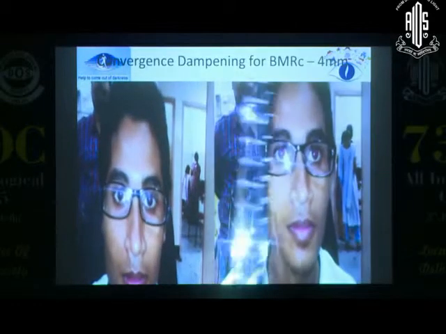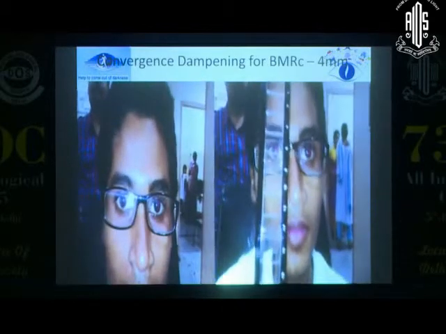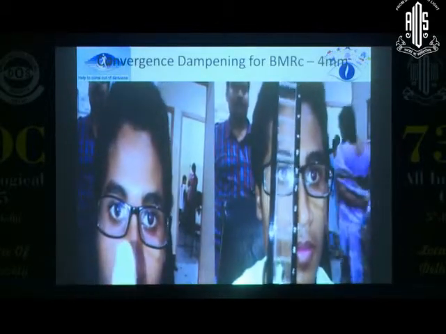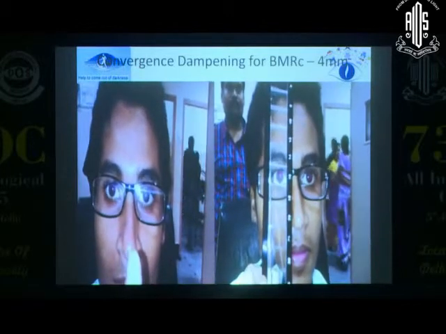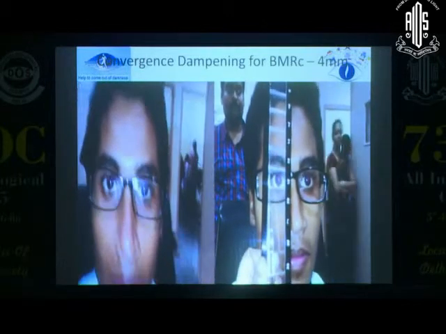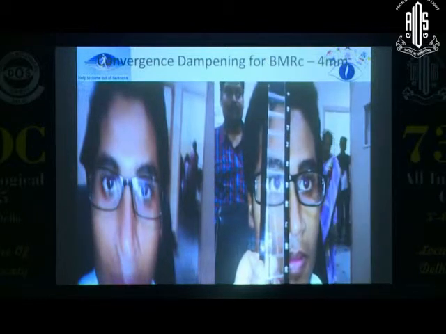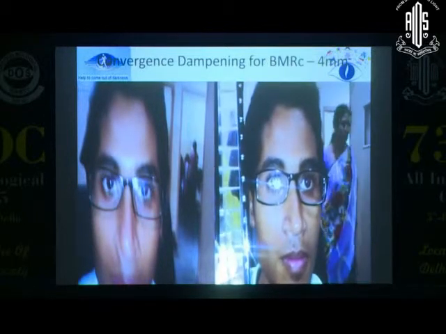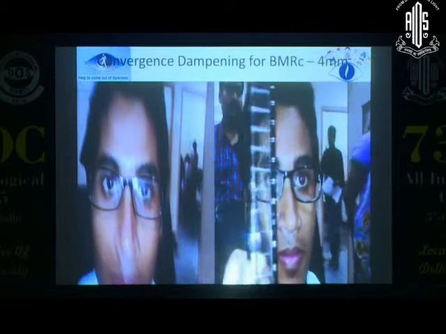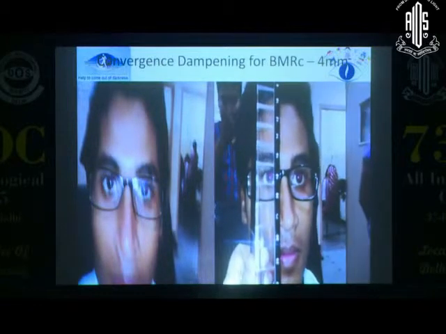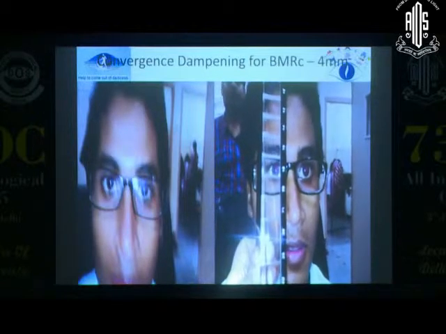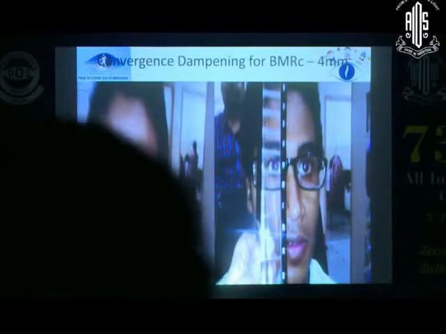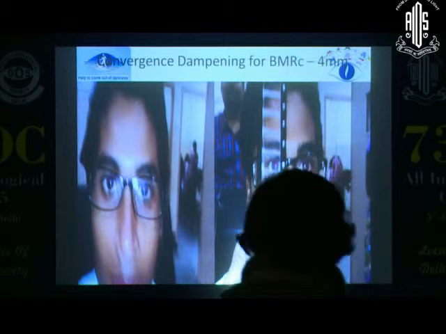This was the patient operated by Dr. Hertel when he came last time to Rajahmundry. His nystagmus significantly dampened with 16 prism base out, as you see over here, while he is fixating at distance, and he was operated for bilateral medial rectus recession. We saw the patient next day and there was 3-line improvement in the visual acuity in this patient immediately after the surgery. We don't know what happens to them in terms of their fusion over the years. Maybe we'll see it this week when we go over there.